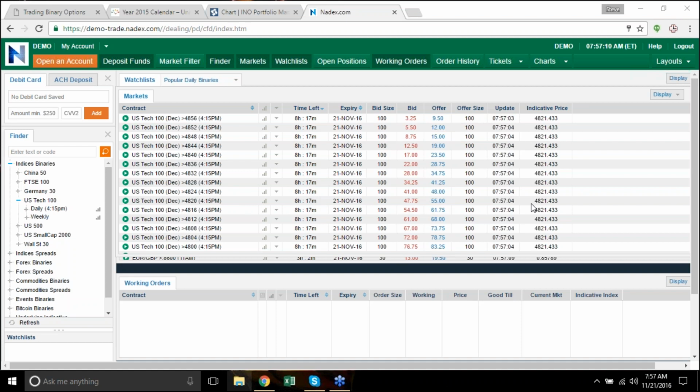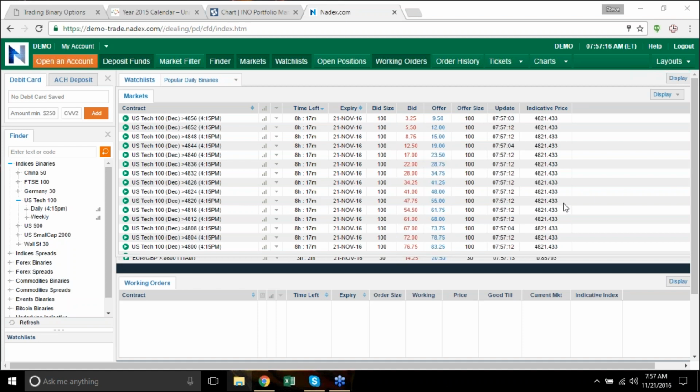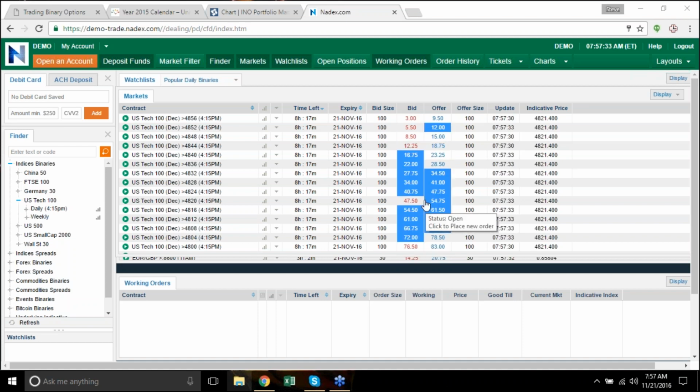slightly in the money. So in this particular case, looking at it right in here, again, do not use these prices. I'm just using this as an example. 48.21. This contract is for 48.20. That would be the one I would be interested in trading. Now you can take an out of the money contract, you can take an in the money contract, whatever you want to do. But this is the way that I normally teach. So you can trade it that way.